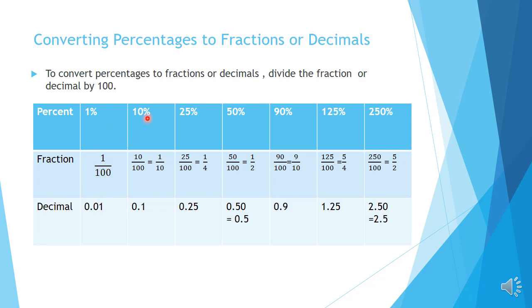And here 10%, when we convert to fraction, we write division by 100. 10 number writing first and then dividing by 100. And here 10 and denominator 0 gets cut, and we get the number 1 by 10. Okay. And its answer in decimal form, 1 by 10, we can write as 0.1.